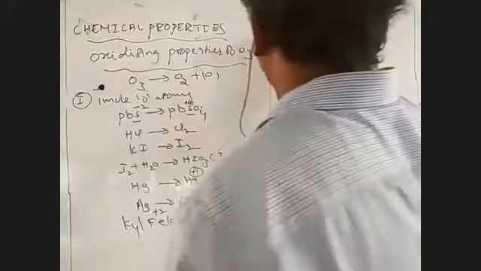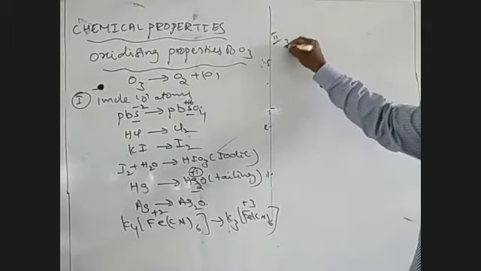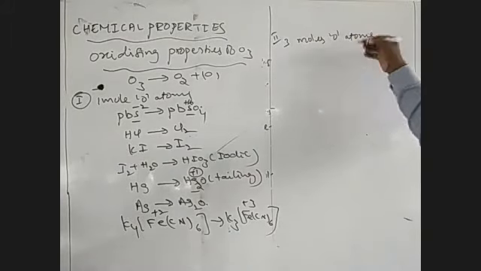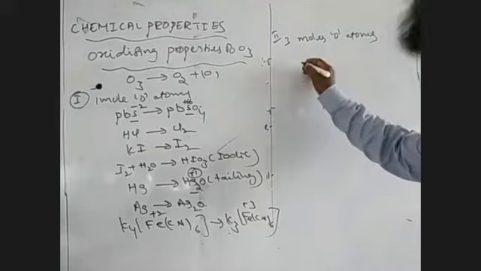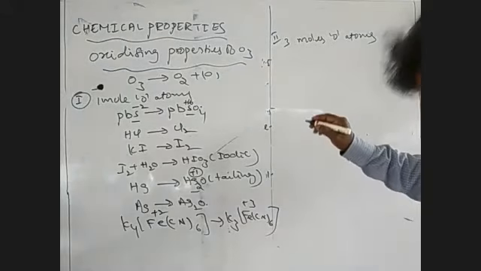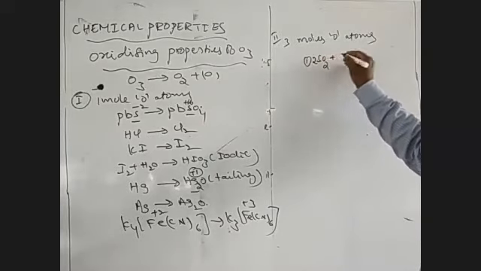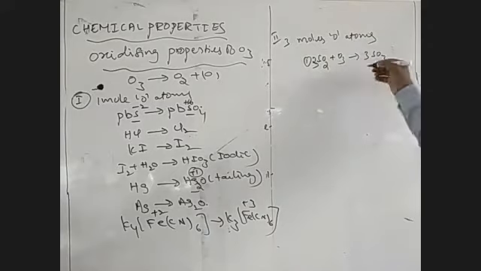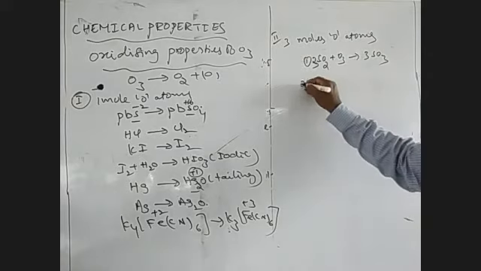In the second case, ozone containing 3 oxygen atoms, all 3 oxygen atoms are used for oxidation. Here are some examples: 3SO2 plus O3 gives rise to 3SO3. Ozone's 3 oxygen atoms are used for oxidation.